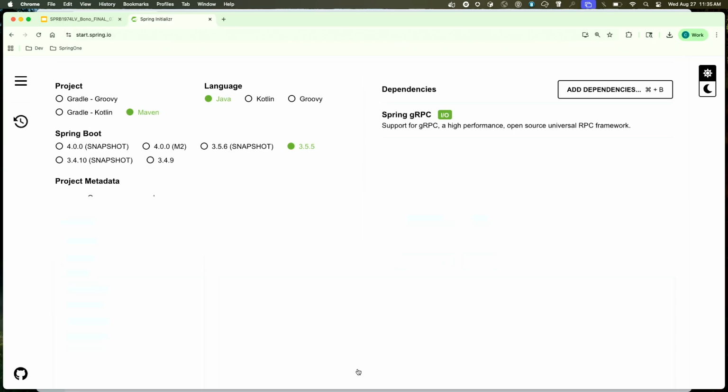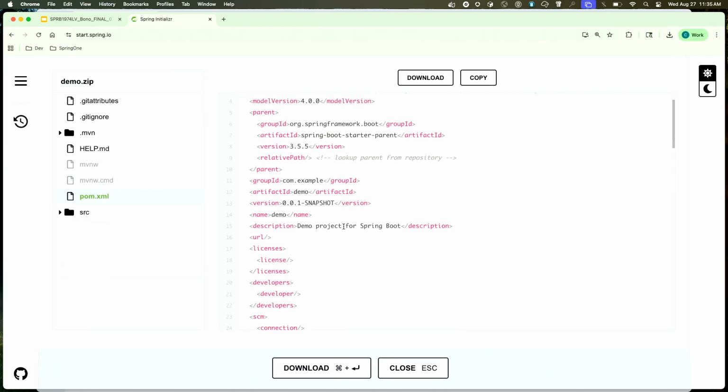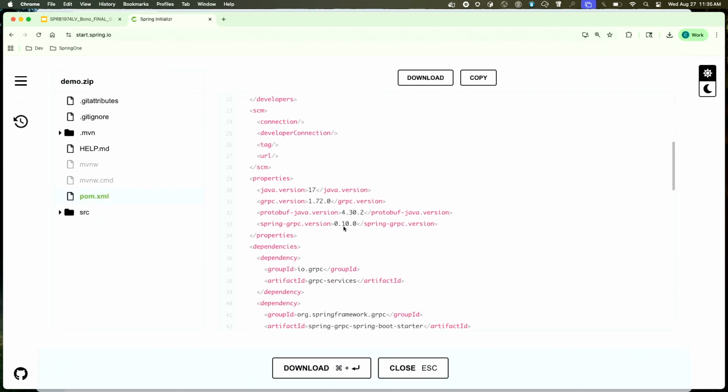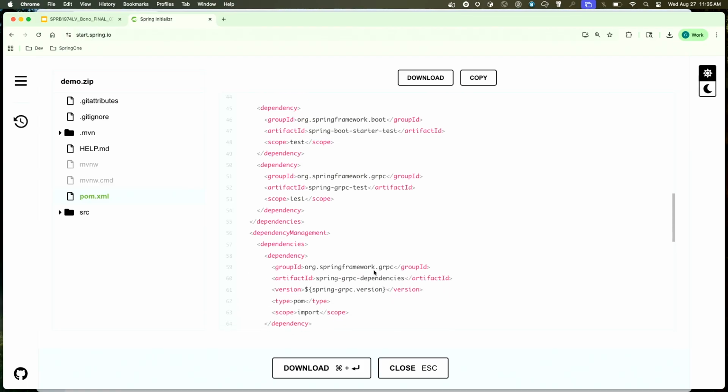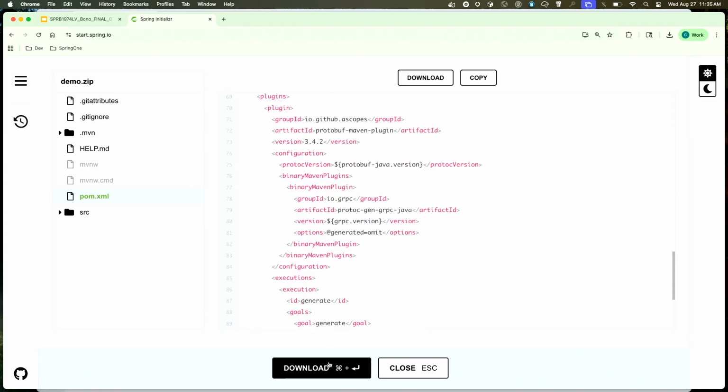And if we explore this, we'll see that there is a POM created. The main piece being that it's using the Spring gRPC Spring Boot starter. There's some other dependencies added as well. I'm just going to go ahead and download this. And what we're going to do is create a server, a Spring Boot application that's